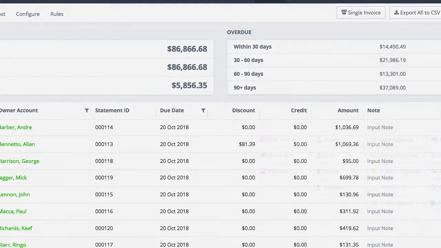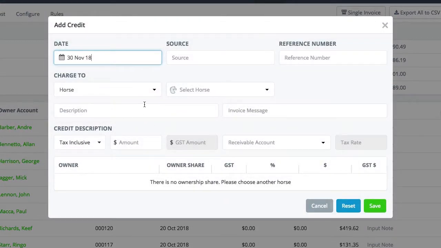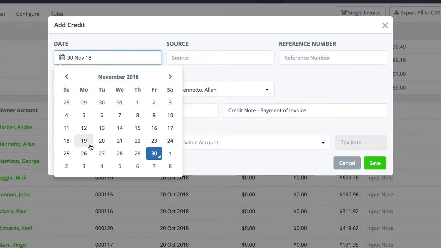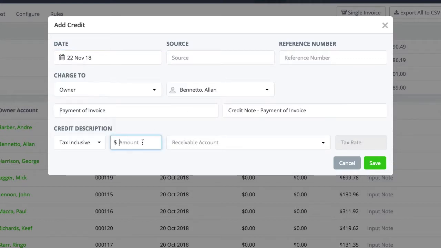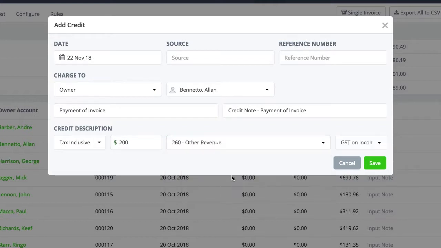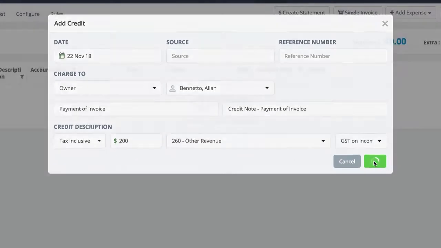You simply click down here, create a new credit, create the credit against the owner that's made the payment. Enter whatever the invoice is, and then basically you're putting the date of when it was paid, and say $200. I'm going to save,